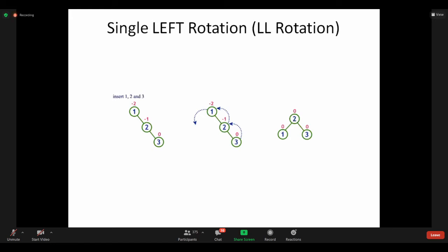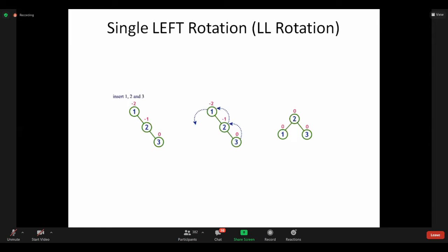There is one particular shortcut for this left rotation, nothing but LL rotation. Here our middle node will always become the root. In the first figure, my middle node is 2. First of all, we have to calculate the balance factor, then only we go for rotation. So once again, I'm revising the balance factor. For 3, the balance factor is 0. How is it 0? Height of left subtree minus height of right subtree. There is no left subtree and no right subtree for node 3. So 0 minus 0, then it will become 0.